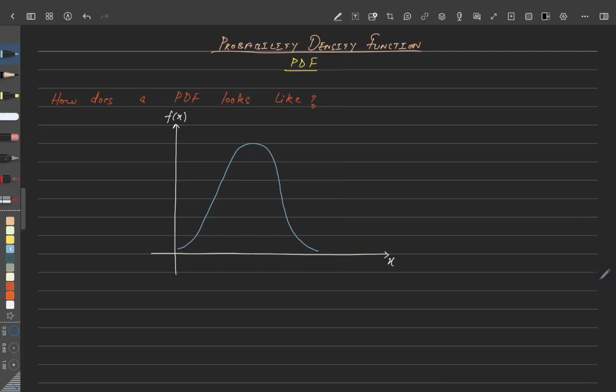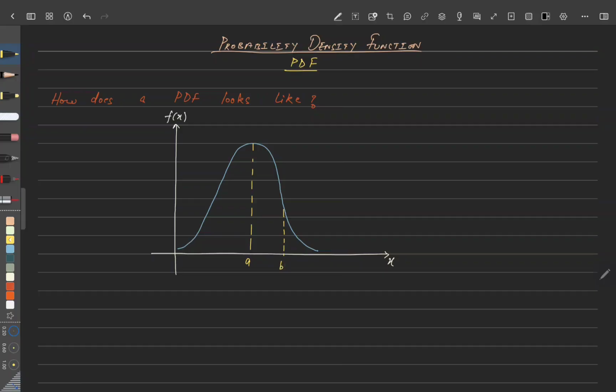Okay, and let us plot 2 points. So first one would be point A, second one would be point B,